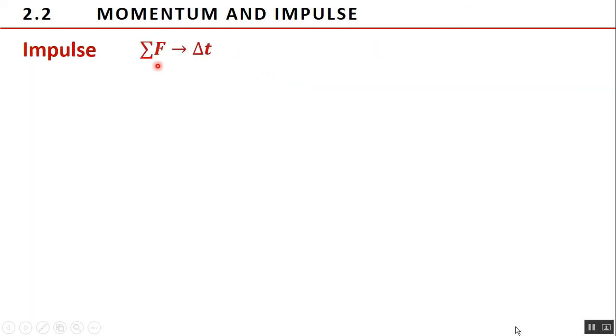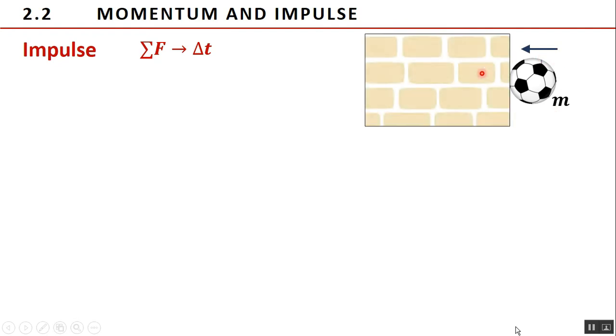Whenever a net force is exerted on the body, it acts for a particular time interval. The magnitude of the net force can vary with time. To explain this, imagine you throw a ball of mass m against a wall and it bounces back due to the net force acting on it by the wall. The ball hits the wall with an initial velocity, v sub i. As the ball touches the wall at time 0, the magnitude of the force exerted by the wall, which started